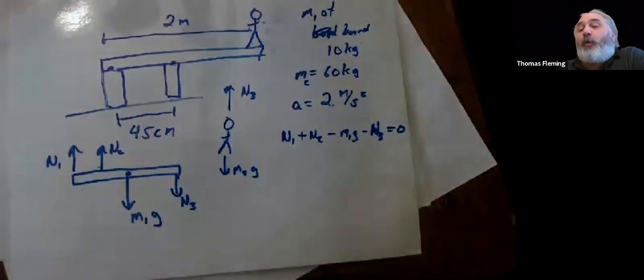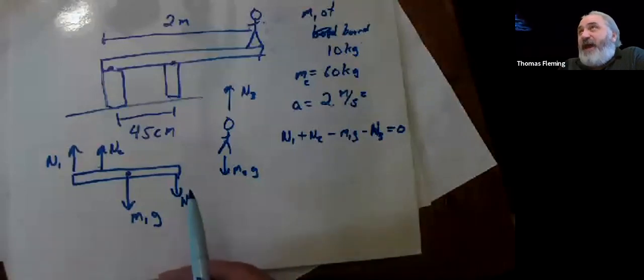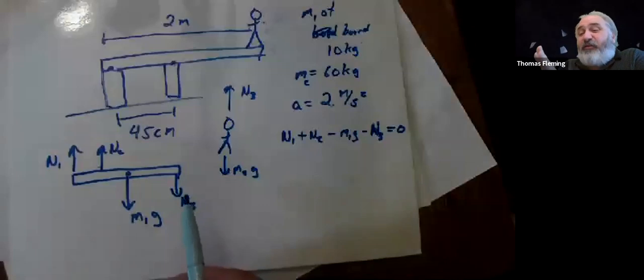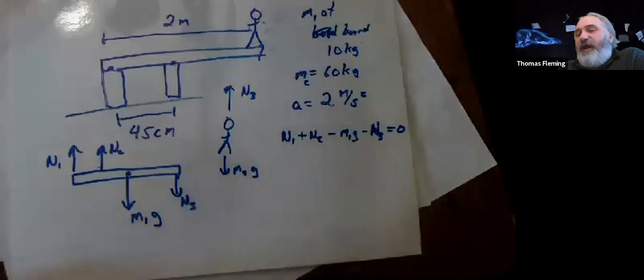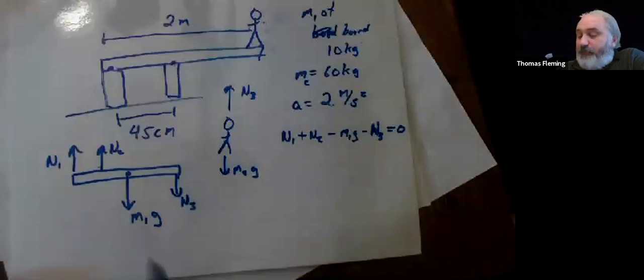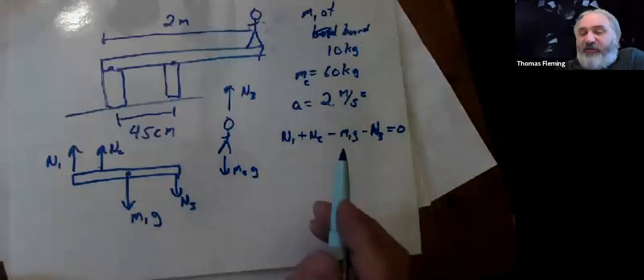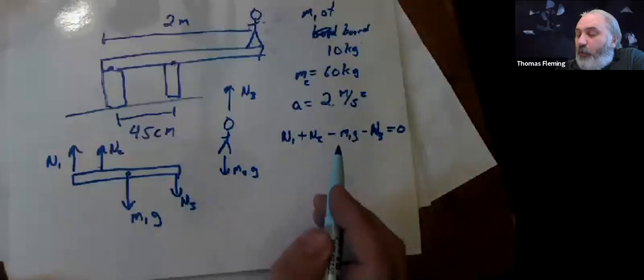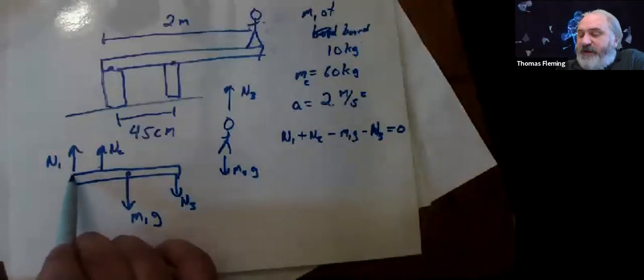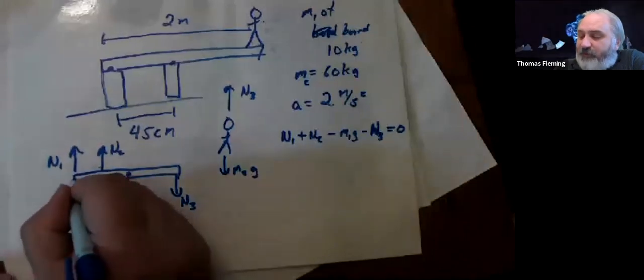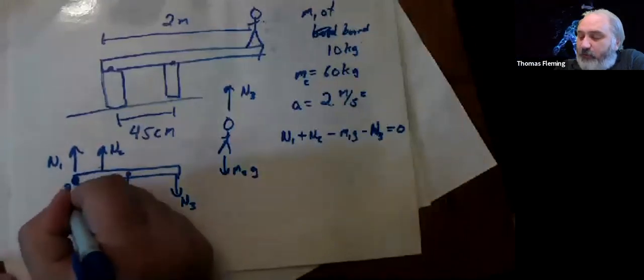And it doesn't matter where I put the axis because the object, if it had a non-zero torque around any axis I could pick, then it would be spinning around that axis. So anything I pick should still work. So I like to pick an axis that coincides with one of my unknown forces. And the things that I'm solving for are N1 and N2. So I'm just going to go ahead and stick my axis right here